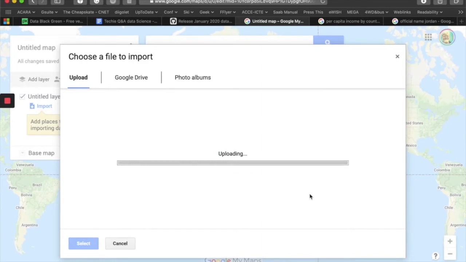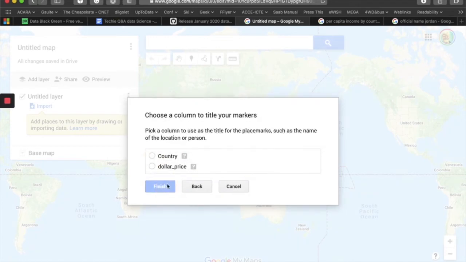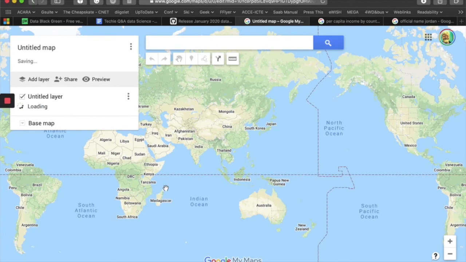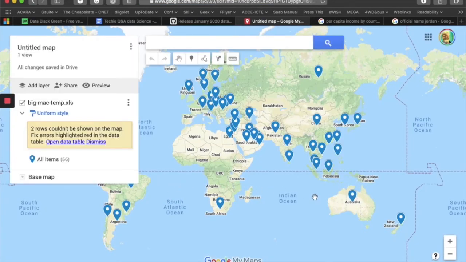And you remember we had two columns in this. One was the name of the country and the other was the dollar price. So we want to locate them with the country and we want to label it with the dollar price. So that will now go and work out where everything is and show us what it costs to buy a Big Mac in a number of different places,